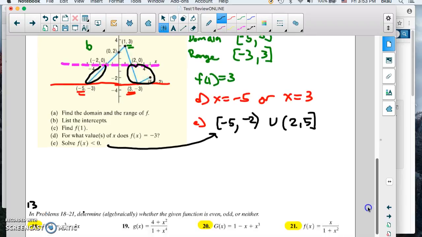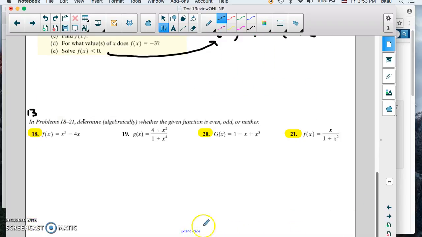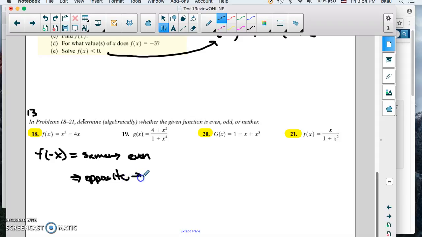All right, now the last thing here is determine whether it's odd, even, or neither. Algebraically, all you have to do is test f of -x. If you get the same function, then it's even. If you get the opposite function, then it's odd. Usually you can tell by looking at the powers, because when you raise it, so 18,